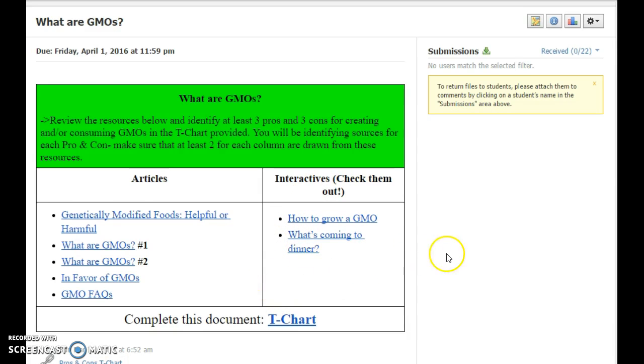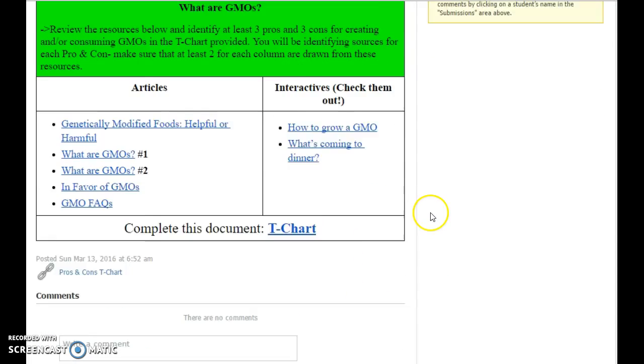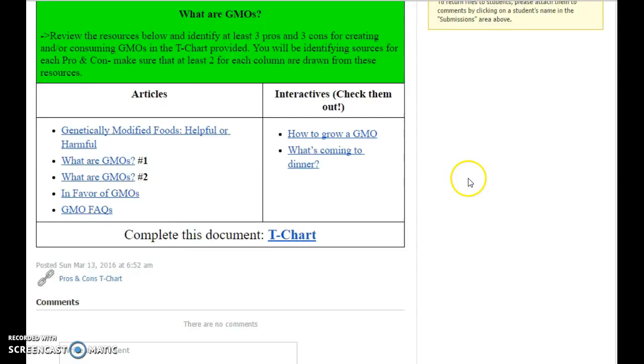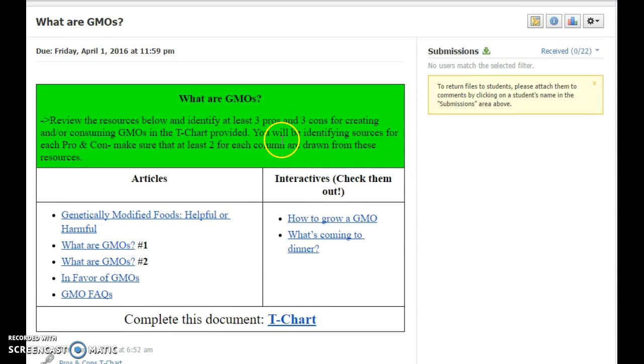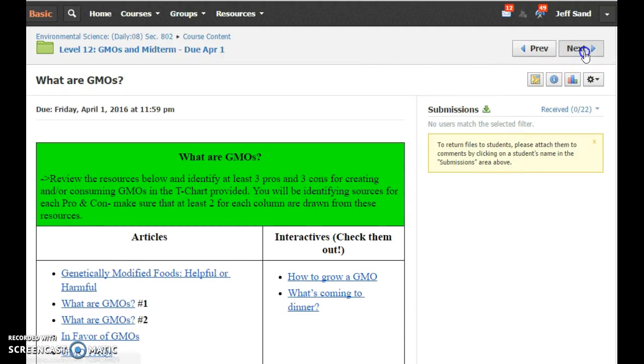What you'll do for the assignment for this is you'll complete this T-chart here, and there's also a link to it down at the bottom. And I did mention here, you're going to create 3 pros and 3 cons for creating or consuming GMOs and put that in your T-chart. I'd like for 2 of each of those columns to be drawn from these resources. And then from there,